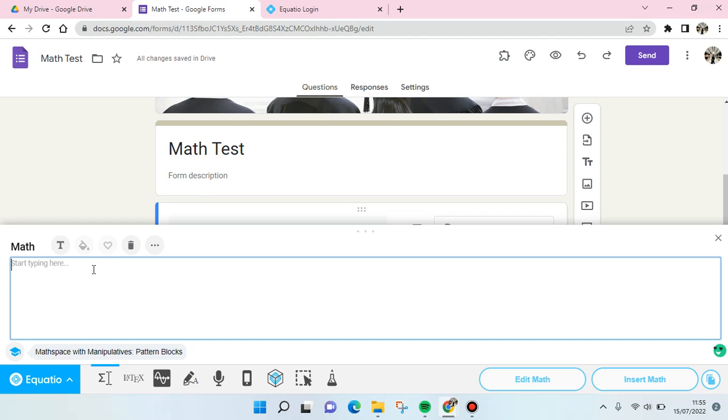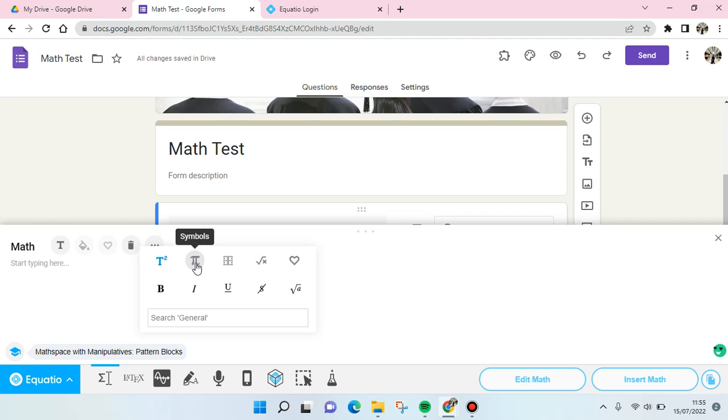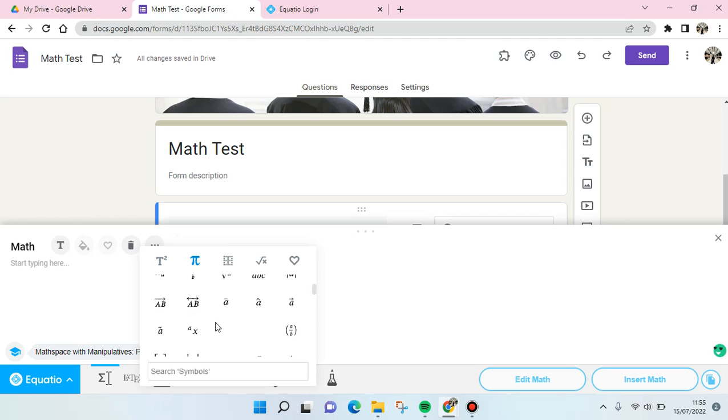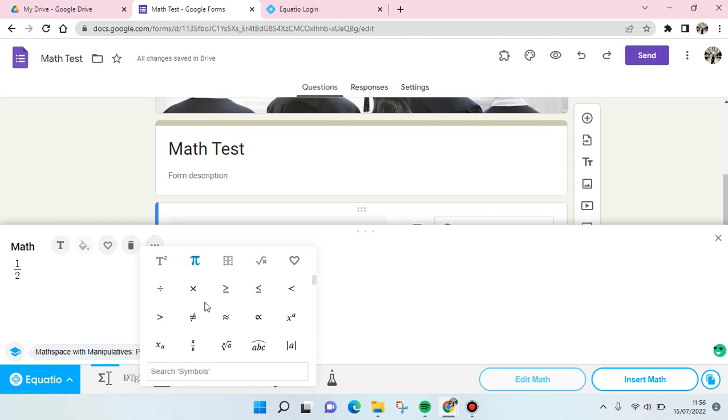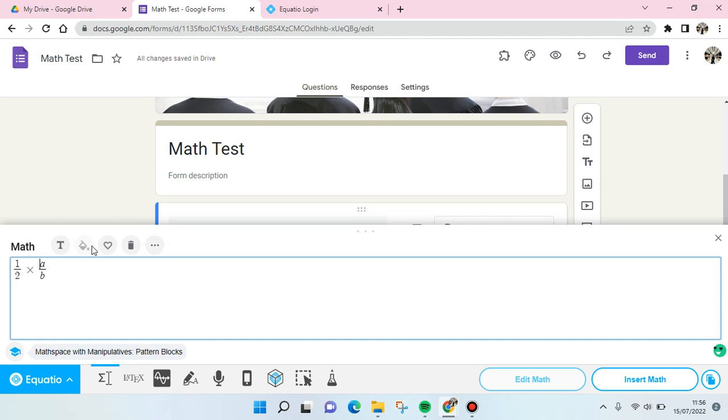You can just start typing here, and if you want to add some symbols, you can just click on the three dots icon, and here the symbols. Okay, you can see there are so many math symbols that you can use in your math problems in Google Forms. So just for example, I want to add some fraction. Okay, for example, like this, and then add some symbol again, click on fraction again, like this,